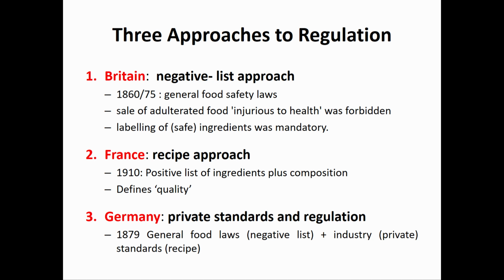France does something different. They essentially define what food is. So they define what wine is, they define what chocolate is, they define what other types of food are, and they say this is how you have to produce the food. So it's a recipe approach. Germany has a different, mixed approach. On the public regulation side, it follows the British approach, but then a lot of the private sector and the associations actually introduce the recipe type of approach that France is using. So it's a mixed public-private regulatory approach. Now, this is 1860 till 1910, so around 1900, let's say.